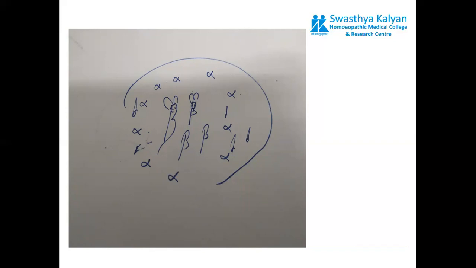And then of course PP cells or F cells. They are also scattered, and there's no need to remember about the F cells. F cells are also scattered like the delta cells. But beta cells, like beautiful ladies, are in the center and surrounded by the alpha cells or the alpha males.